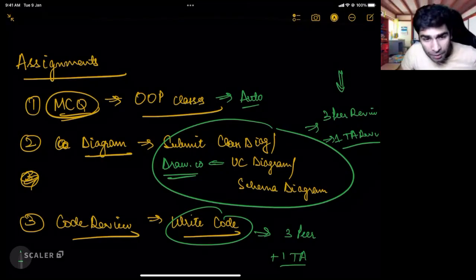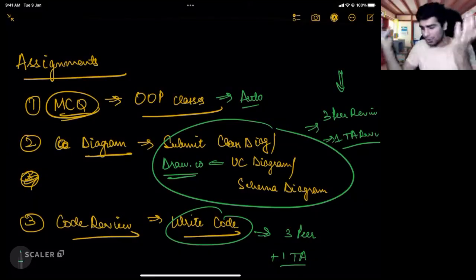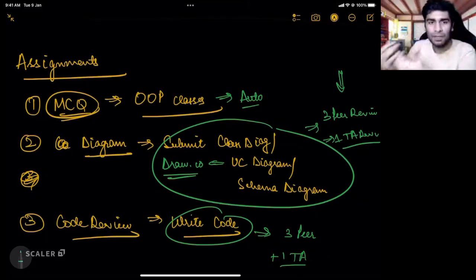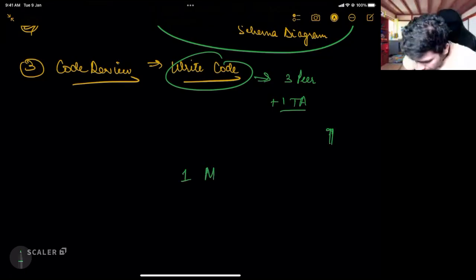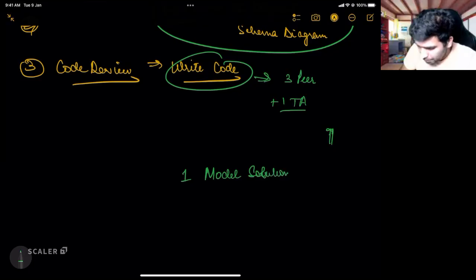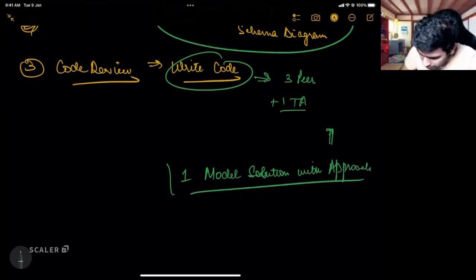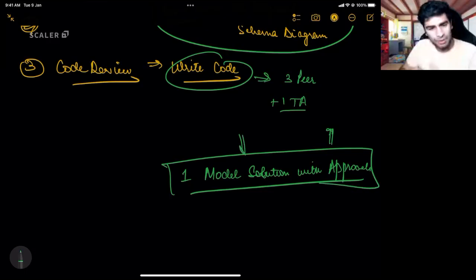Okay. Now there's a question: let us say I solved the assignment and got the TA review after that. We haven't done that yet, being very honest with you, but I'm personally creating one model solution for each of the problems. Model solution with approach. So after the TA has scored you, and after the peers have reviewed your assignment, just read that model solution and you will have a complete idea of what a correct solution can be.